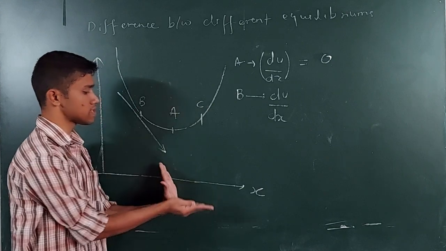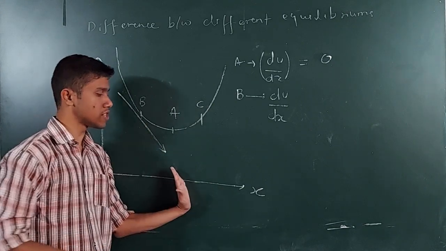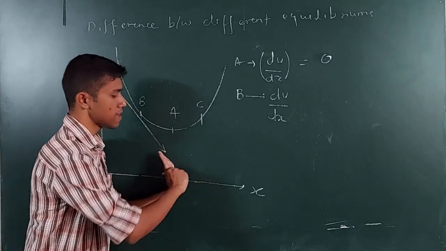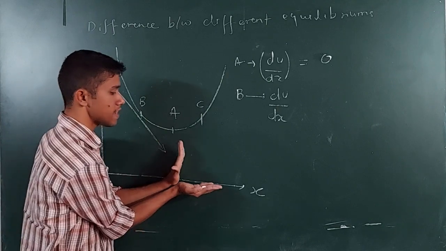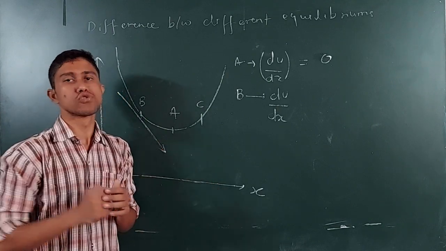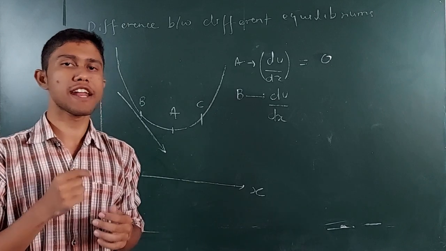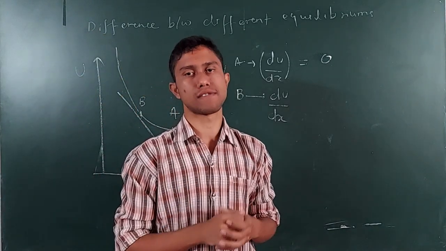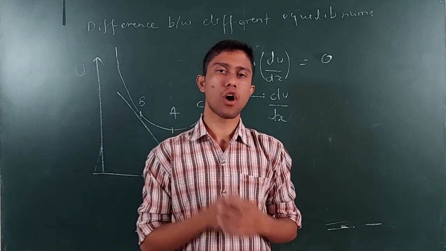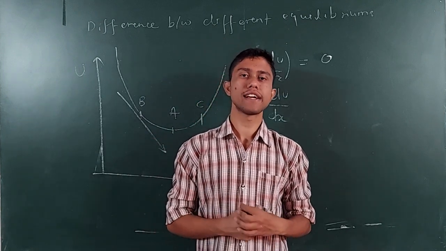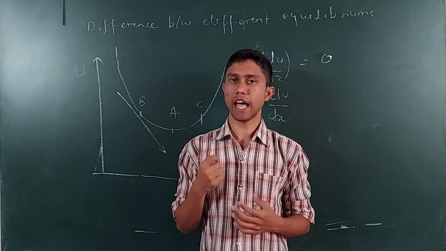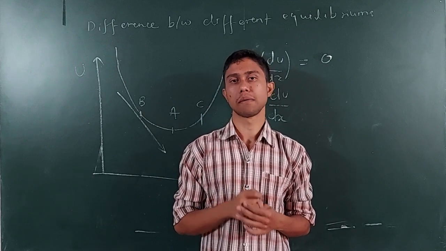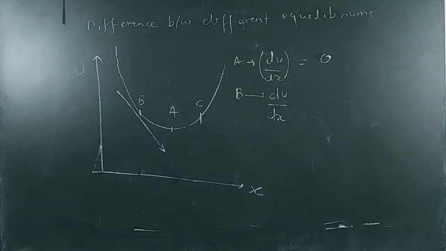This is the tangent, and this is the x-axis. 90 degrees is this, and the obtuse angle is this. So it is making an angle which is more than 90 degrees, that is, an obtuse angle with the x-axis. And for any obtuse angle, the tan theta or the slope is